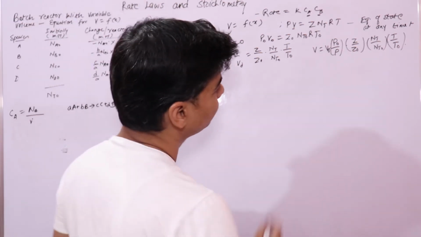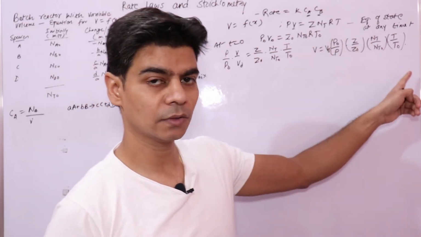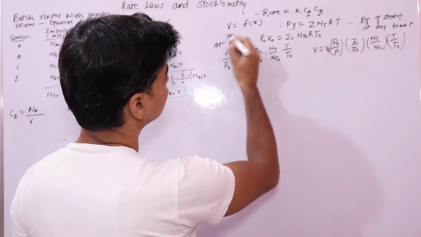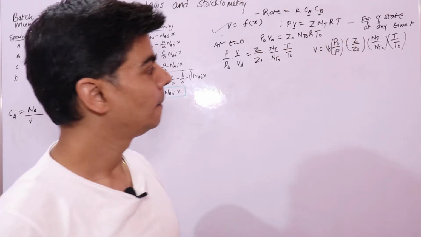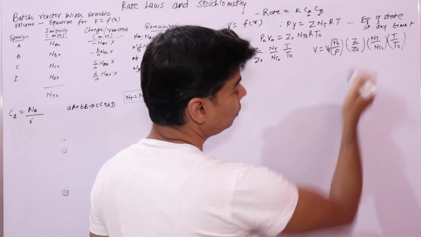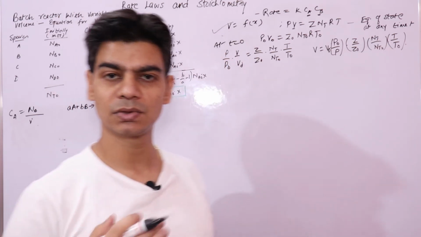Now, what we want is volume as a function of conversion. This is what we want. We want to express volume as a function of conversion. And as you know from our previous lecture, when we were building the stoichiometric table,